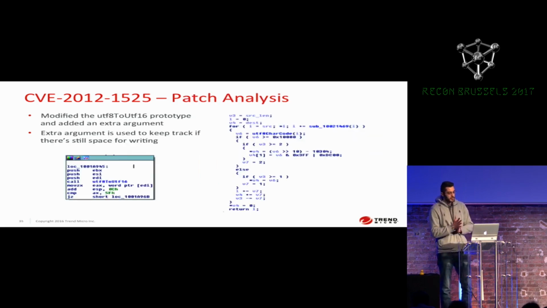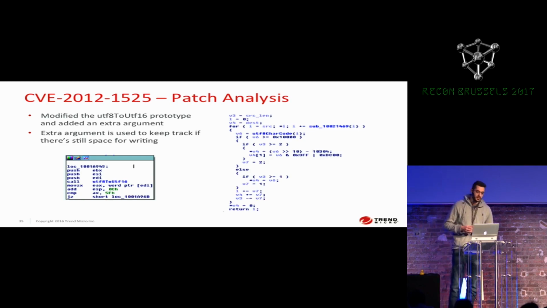All right, so the way they patched it back in 2012 was kind of interesting. We grabbed a bunch of DLLs from previous versions, and Adobe is generous enough to put all the previous binaries on their FTP server. We were expecting to see some changes inside the length calculation function. But in fact, what they did is they modified the conversion function, and they added an extra argument to it, which is the source length. And then they just use it to keep track of what's being written,